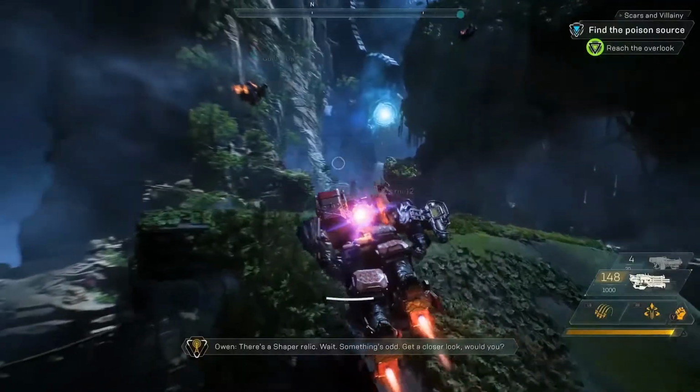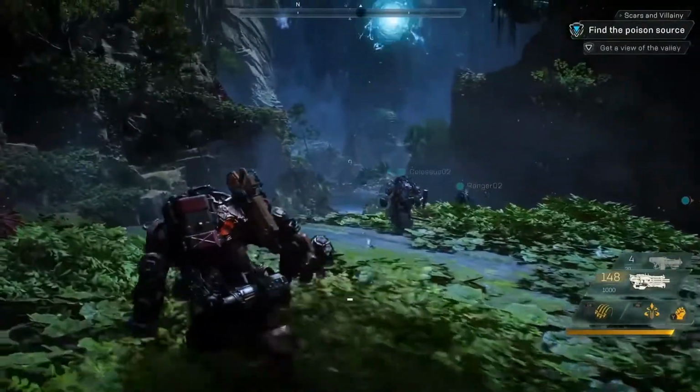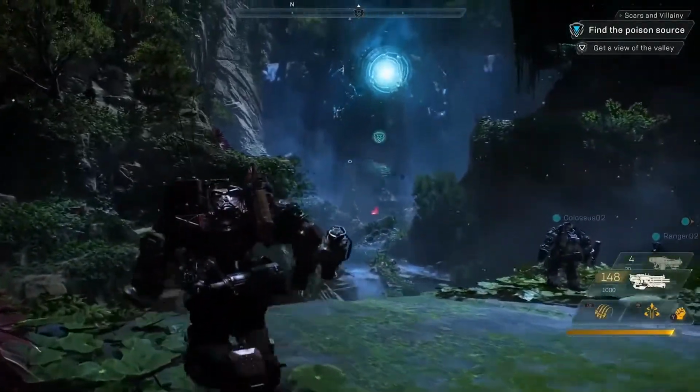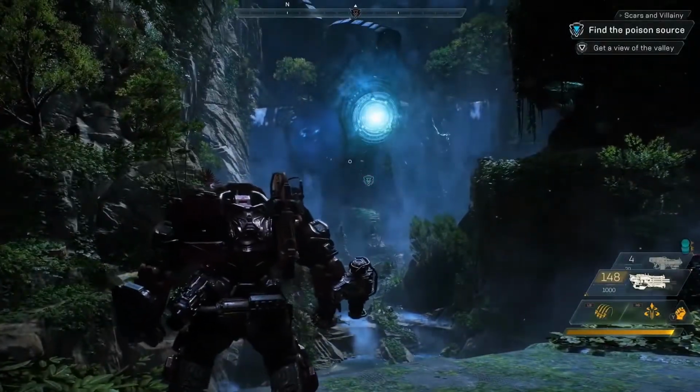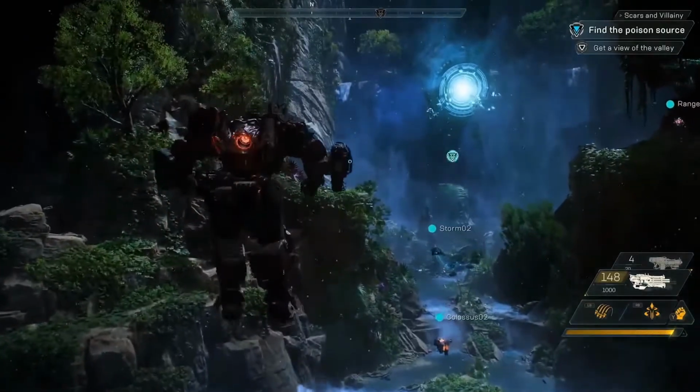The squad stumbles upon a massive shaper relic that is humming with mysterious energy. The energy is called Echoes from the Anthem of Creation, which I'll discuss more of in a story video soon. As a battle with scars breaks out, we switch over to the other Colossus's view and see 2 new abilities,